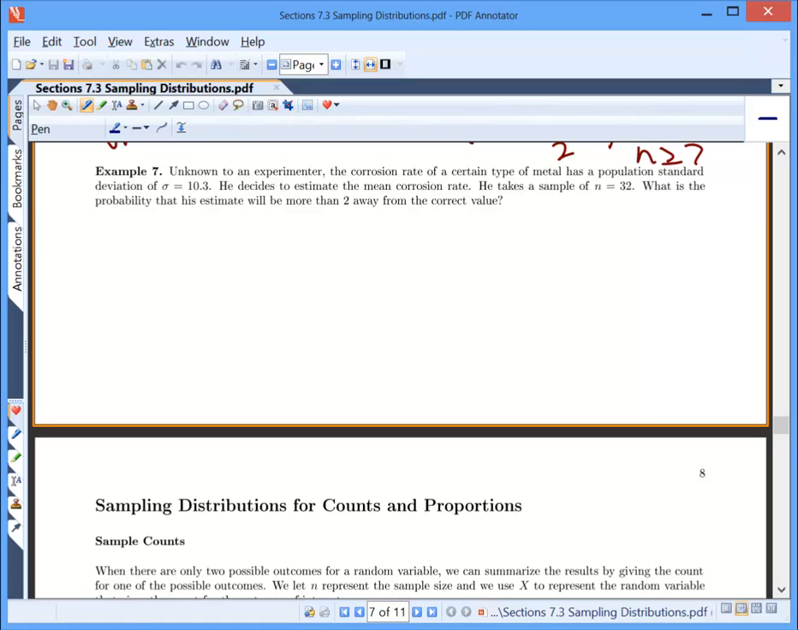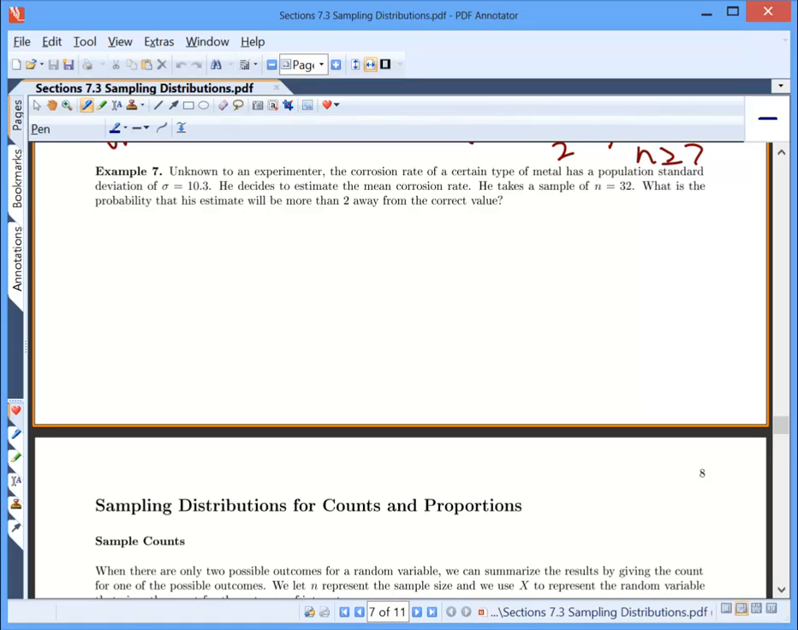And this random variable, the sample mean, now has its own distribution. It has its own mean, standard deviation, shape, etc. because it's for all the different possible values of the sample means I could get based on which sample I choose. Okay, so for example 7, unknown to an experimenter, the corrosion rate of a certain type of metal has